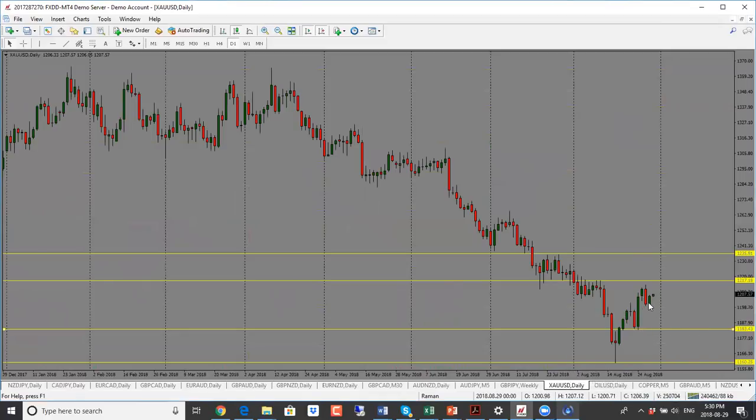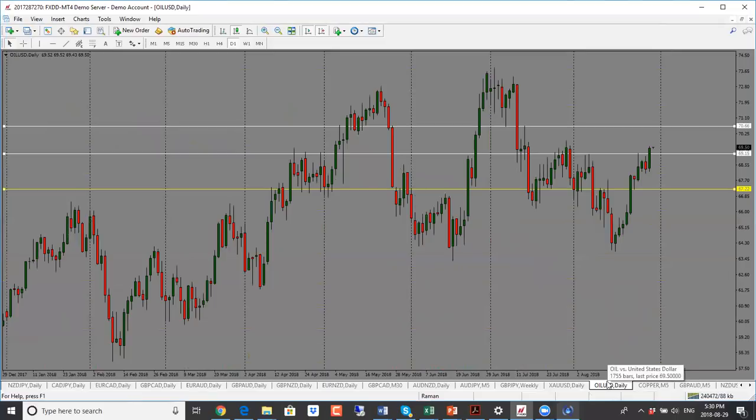Gold bullish close here, and it can go all the way into the 1217.20 level. So bias is bullish and targeting the next support resistance level here at 1217.20. Oil here, oil has broken through and now looking for price to go higher. 70.60 will be the next target here. So bias is bullish for oil.